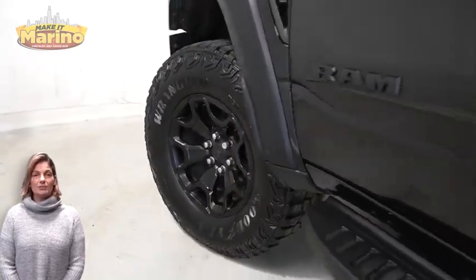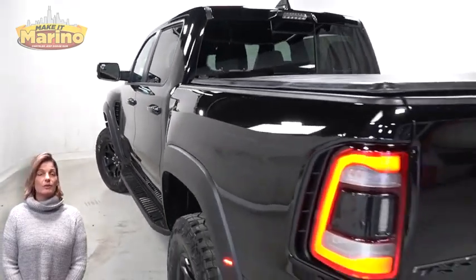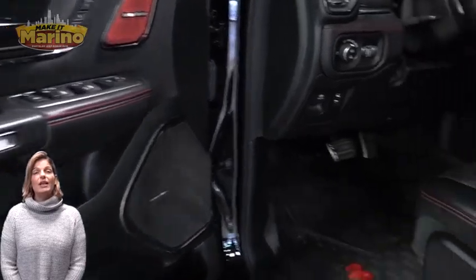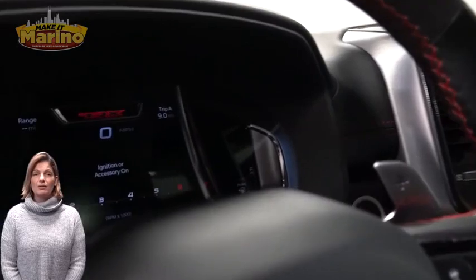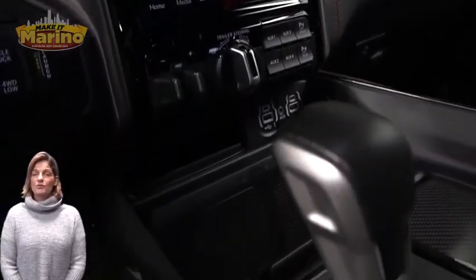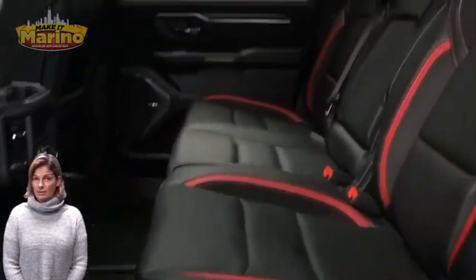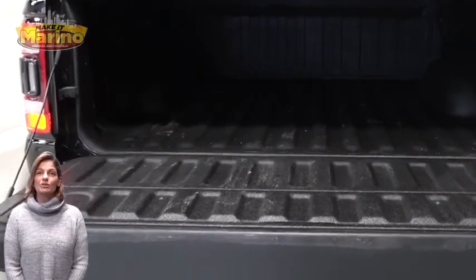With HID headlamps, LED fog lamps, 18-inch aluminum wheels, power heated mirrors, lane keep assist, LED tail lamps, tow package, heated and ventilated front seats, heated steering wheel, 25,000 miles on the odometer, 12-inch touchscreen, navigation, rear backup camera, dual zone temperature control, heated and ventilated rear seating, dual pane panoramic sunroof, power tailgate release, 6.2-liter supercharged V8 HEMI engine,